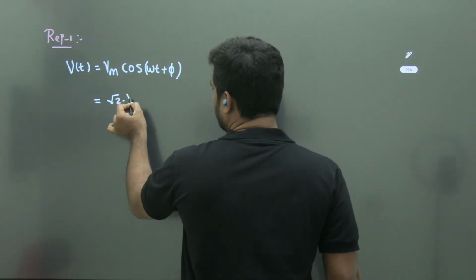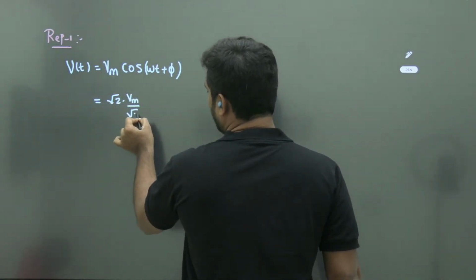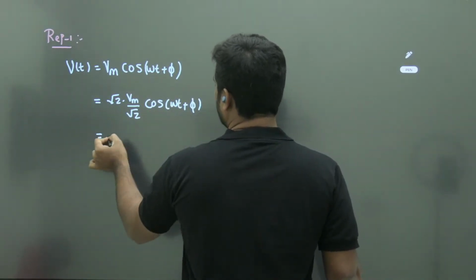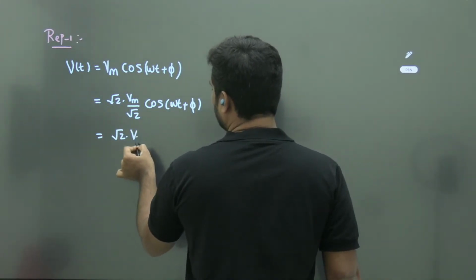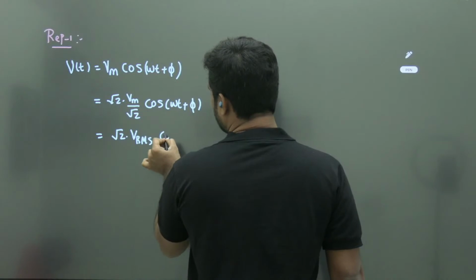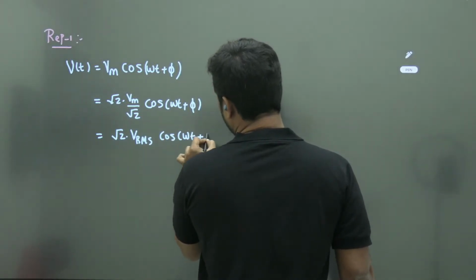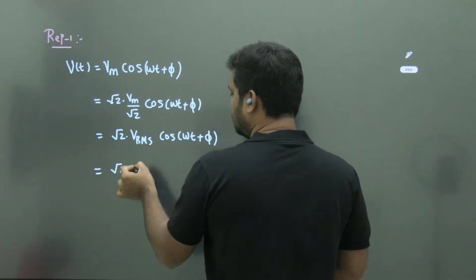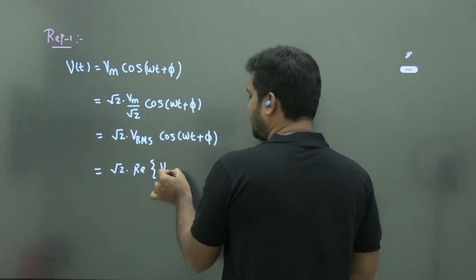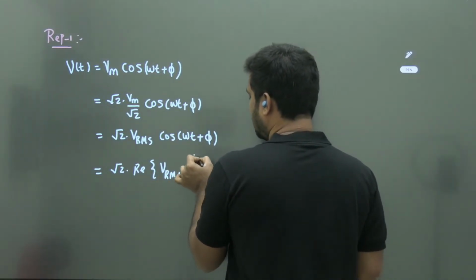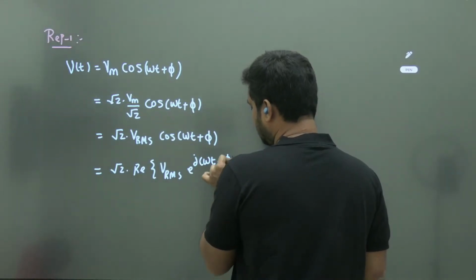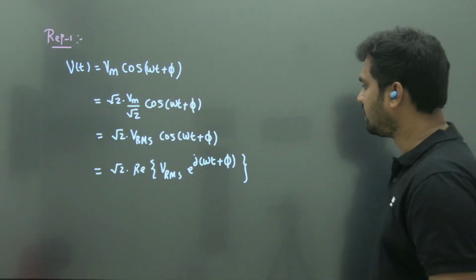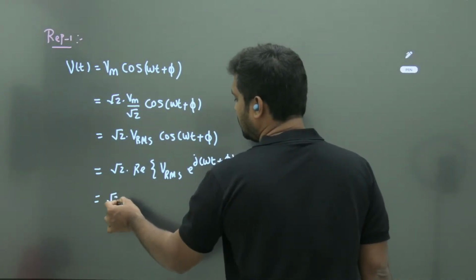multiply with root 2, divide with root 2. This value will remain the same. So this will be root 2 into VRMS cos(ωt + φ). Now, root 2 into the real part of VRMS e^(j(ωt + φ)). Right. So here you can see, you can write this as root 2 into